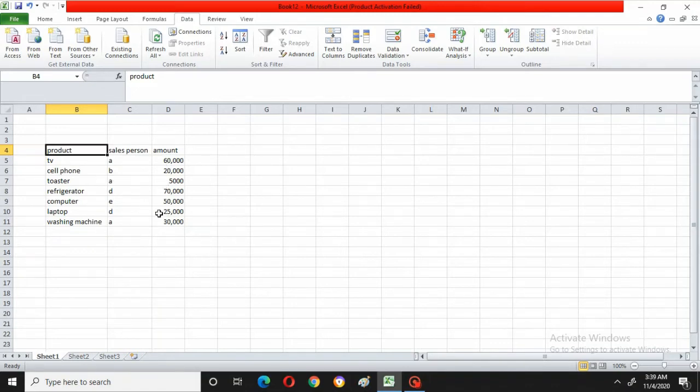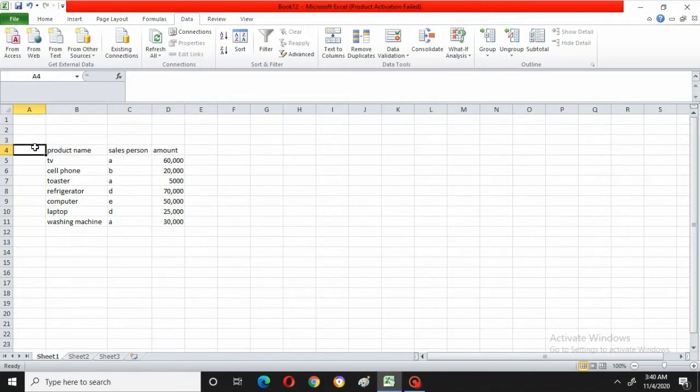See how first to create a table in the spreadsheet, like this Excel spreadsheet. You have to take the columns as product name. Here I will be typing as product name. It will be still clear for you. See, product name, salesperson, which product, the product who has sold that. Okay, next amount of that product. I have taken the field names as product name, salesperson and amount.